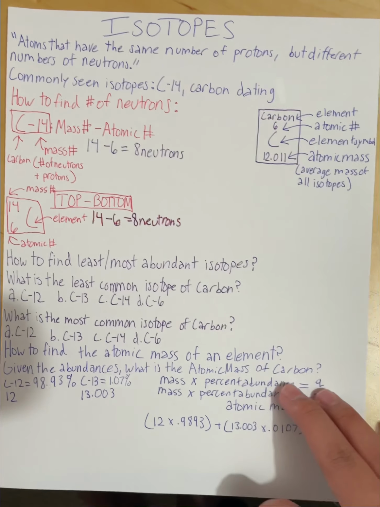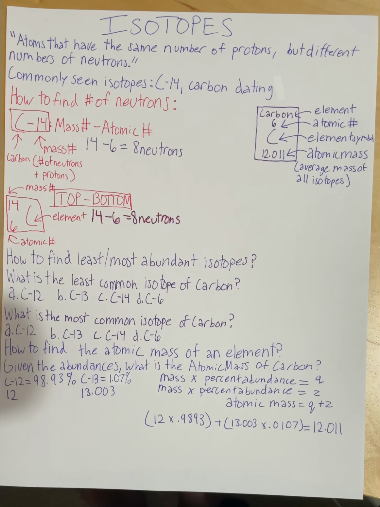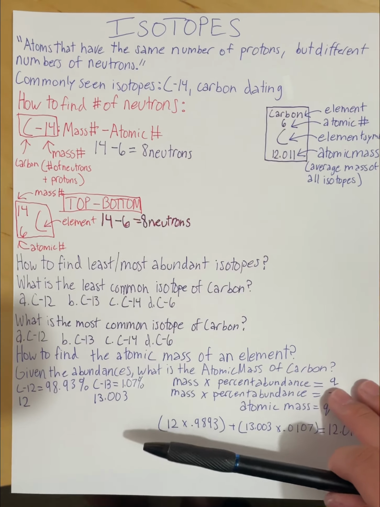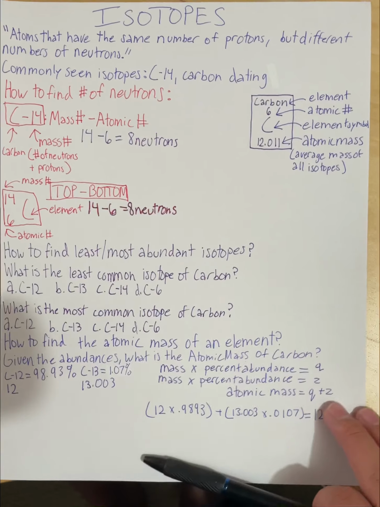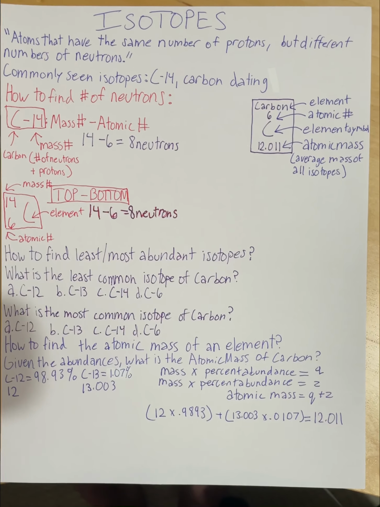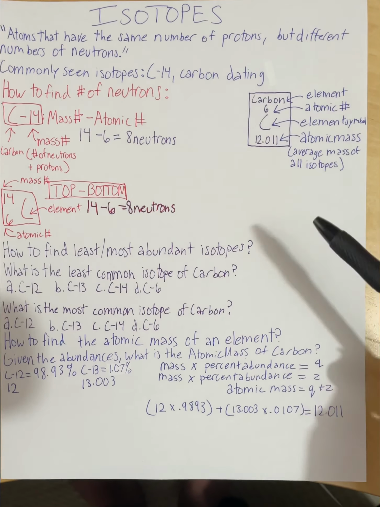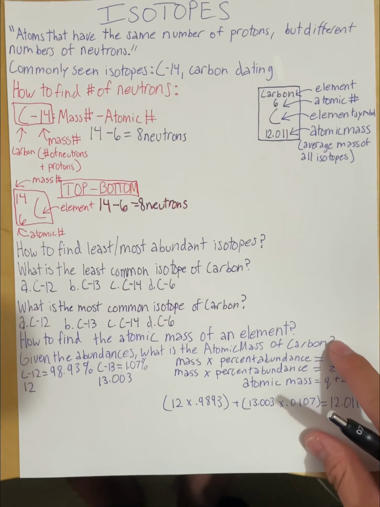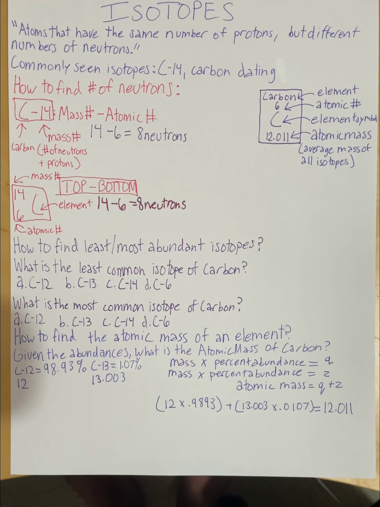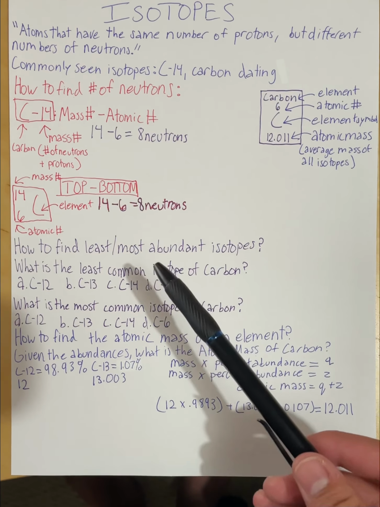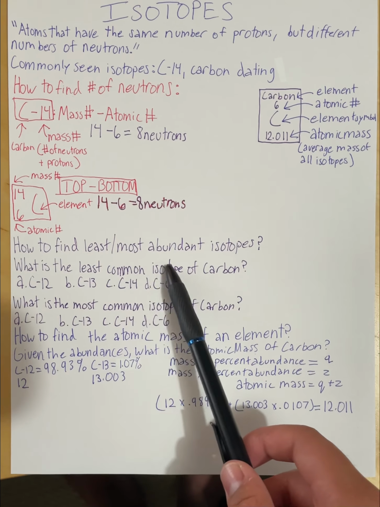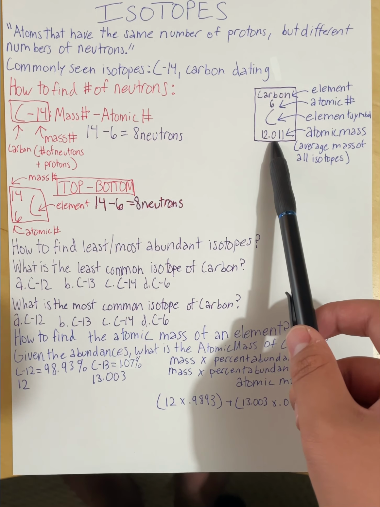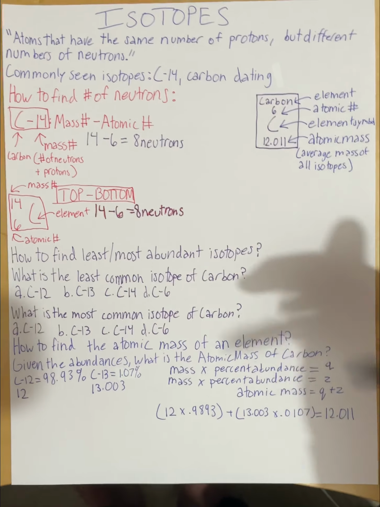Another common question would be, how do you find the least or most abundant isotopes? One question would be, what is the least common isotope of carbon? One might think it would be C6, because it's so far away from the average mass of all isotopes, which is 12.011. But be careful, some isotopes do not exist. So how do you find the least common isotope? You look at the atomic mass, and whichever is the farthest away is the least common. So the answer would be